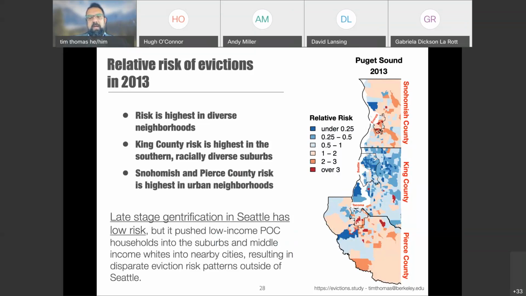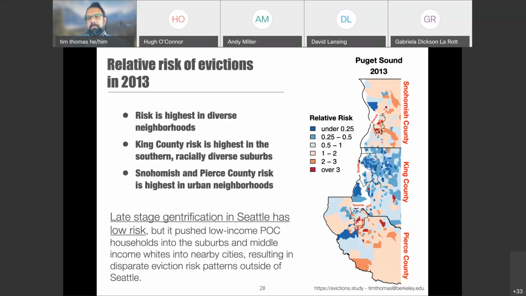And up in Everett too, these are the areas where there's a lot of diversity. In King County, the risk is highest in the southern or racially diverse suburbs. And in Snohomish and Pierce counties, it's happening most in the urban areas. Now, just to step back, what's going on in this region is that Seattle right here has faced